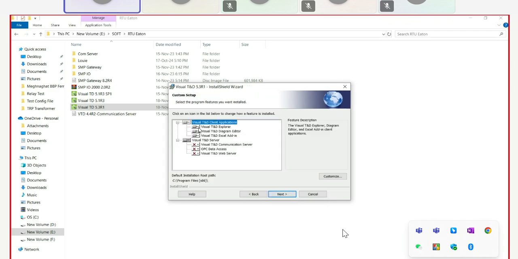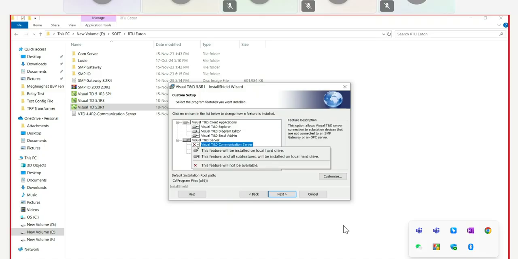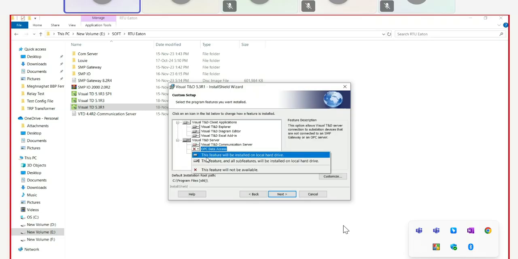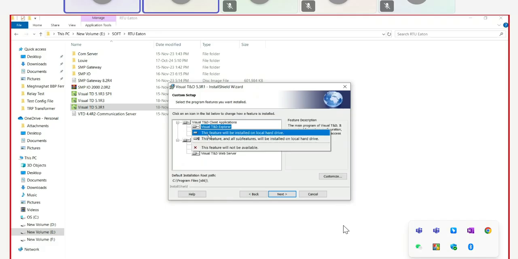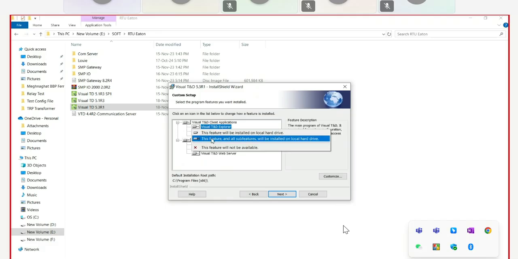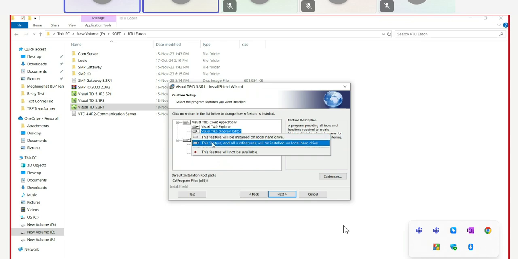Just enable that one. Also select the COM server so that you can play with that one also. This one, all features. Yeah, just enable all those. Here also all features enabled. Yeah, that's already enabled. I will cross check once all features are enabled.